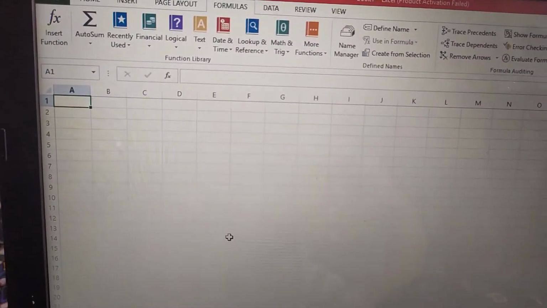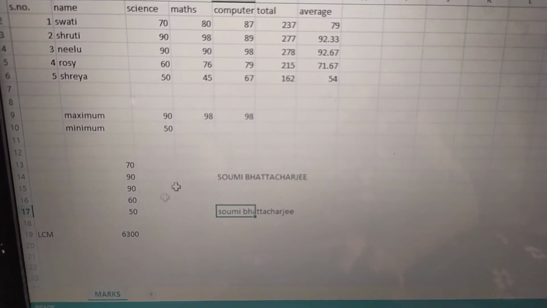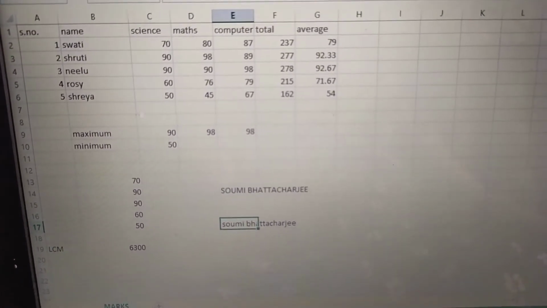Over here, the plus sign is written. Click it. See, a new sheet is added. In this way, as many sheets you want, you can add it from here. And how to delete a sheet? Simply right click on it. Click delete and the particular sheet will be deleted. Right click, delete, particular sheet will be deleted.